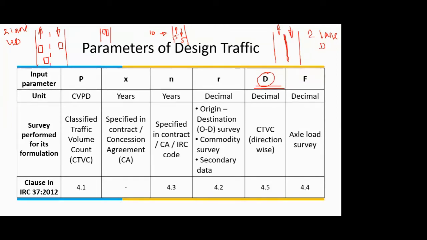But now if I say that the same 10 vehicles are on this configuration that we are considering, 2-lane undivided. Now those 10 vehicles have the freedom that they can move anywhere in these 2 lanes, even though we have restricted that it's a down direction lane and the left one is the up direction lane. But still, we are saying that it's an undivided carriageway, so there is no real partition in between. You just have a road marking. So those 10 vehicles are free to move. If they want to overtake, they can overtake. They can use a little bit of the lane over here, and then they can travel.